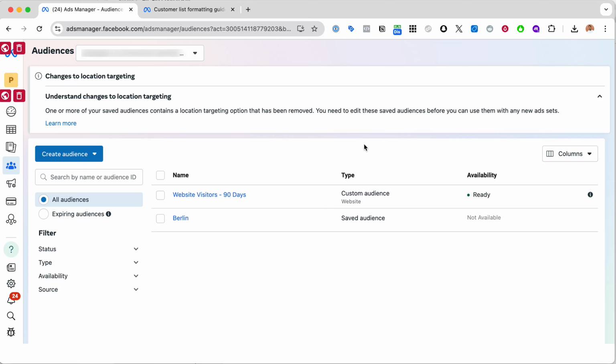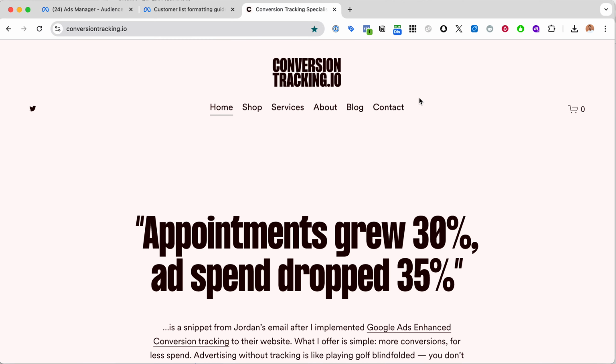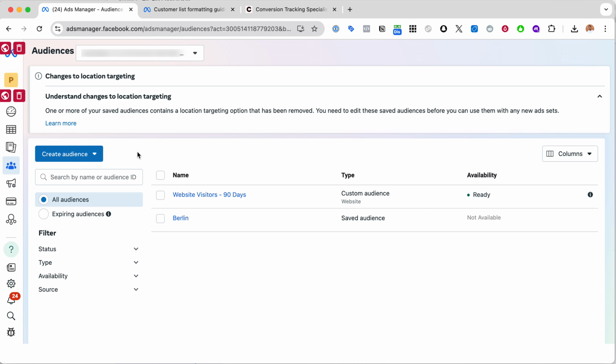All right, let's set up some audiences in Facebook or Meta ads for Acuity scheduling. So this tutorial is for clients who are using one of the conversion tracking systems from conversiontracking.io, and this specifically is for Acuity scheduling. All right, so we're gonna head over to audiences,